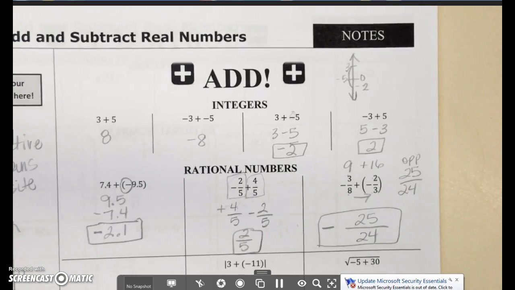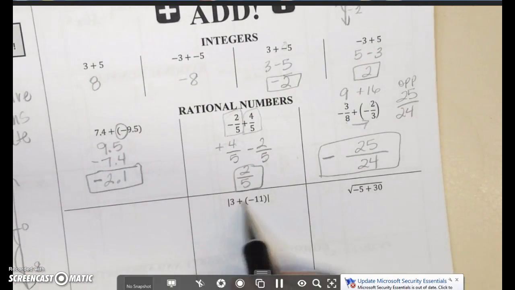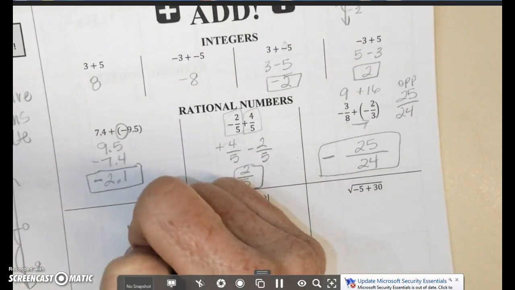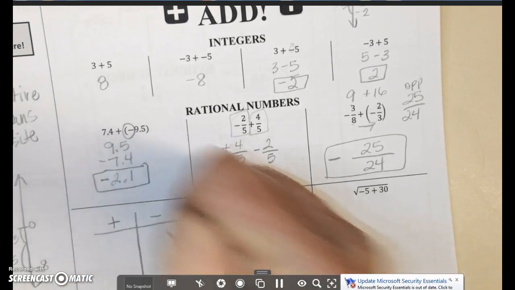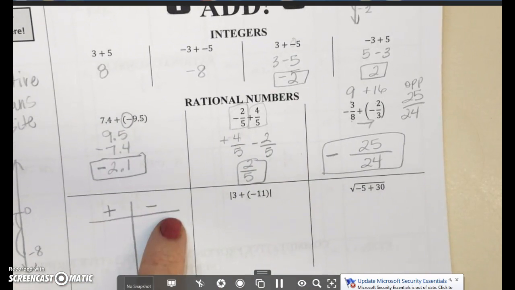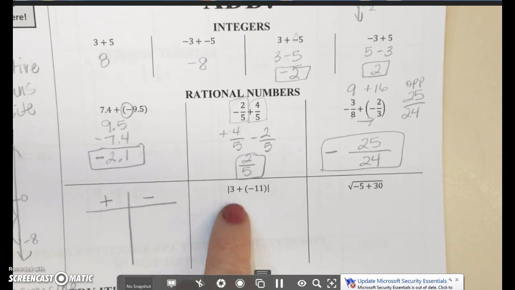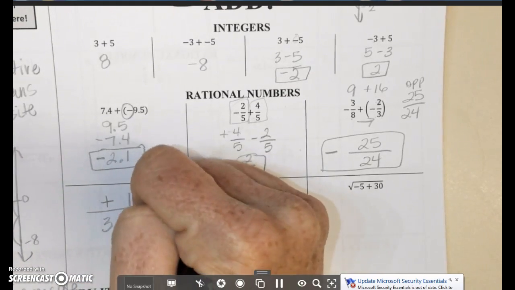Simple. Okay? Got an empty space there, but that's all right. So let's deal with this. So another way that you can think of, I'm going to use it for this. I have some kids that like it this way, and they will make a little chart, and say, okay, I've got positives and I've got negatives, and it helps them figure out which side is winning, essentially. Okay, so in this case, you've got 3 on the positive side, you have 11 on the negative side,